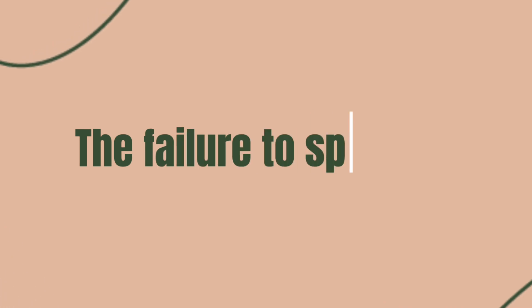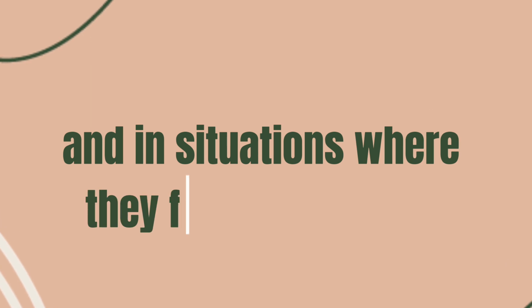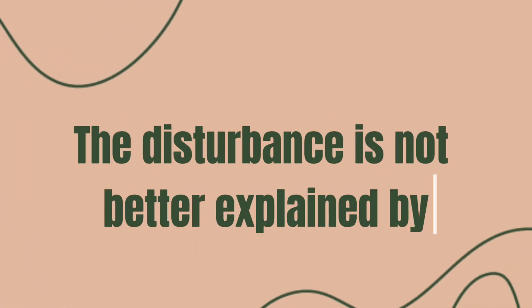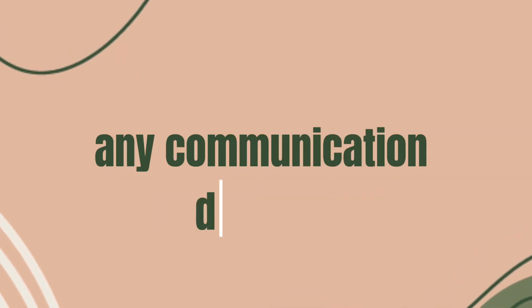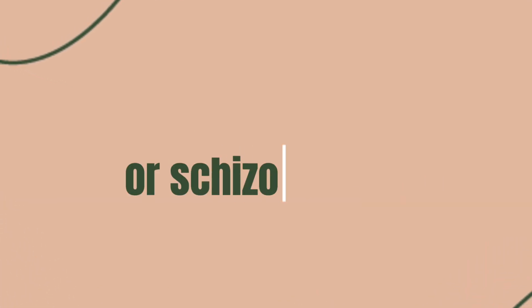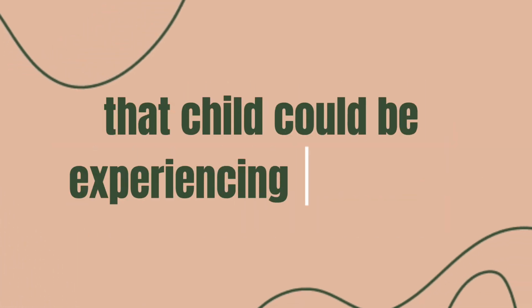Fourth, the failure to speak is not due to a lack of knowledge of or comfort with the spoken language. For example, a child who is fluent in the spoken language at home and in situations where they feel comfortable but becomes selectively mute in certain social situations. Fifth, the disturbance is not better explained by any other disorder. So for example, a child who is not experiencing any communication disorder like stuttering or a pervasive developmental disorder or schizophrenia or any other psychotic disorder but is selectively mute in certain social situations, that child could be experiencing selective